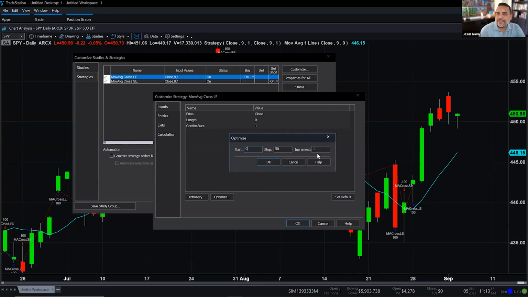Sometimes if you want to grab more whole numbers, let's say you want to test from 10 to 50 in increments of 10, so that it only tests a 10-bar moving average, a 20-bar moving average, and a 30-bar moving average. So you're going to have to determine what the stepping is going to be by providing an increment in here. Let's leave it at 1